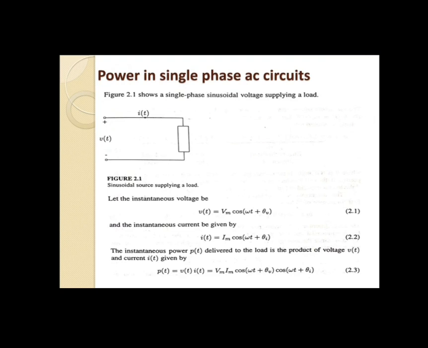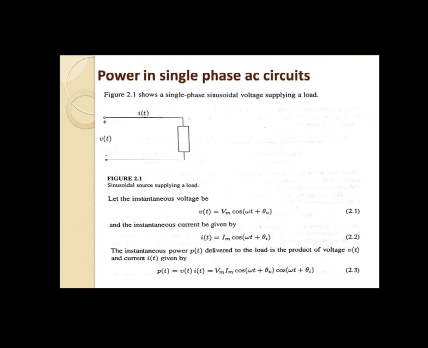As we all know, if we go through an AC supply, we have a load that is purely resistive, purely inductive, or purely capacitive. Inside the figure, the single phase AC supply is given by V of t, the current flowing through the circuit is given by I of t, and we have connected one load over here.